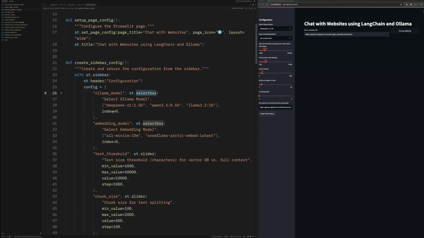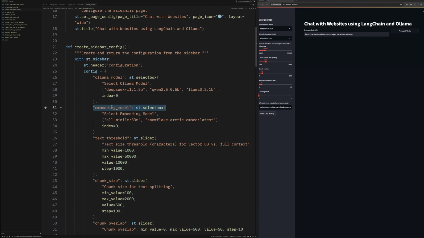The reason I like doing this is because when you then pass this config out of here, you just have one object that you really have to worry about with all the config information. Moving down, we're just going to repeat this process for every setting on the sidebar. So we have the embedding models. We're passing it some embedding models. I use this one because it's super small and fast, and DeepSeek R1, the 1.5 billion one, because it's also